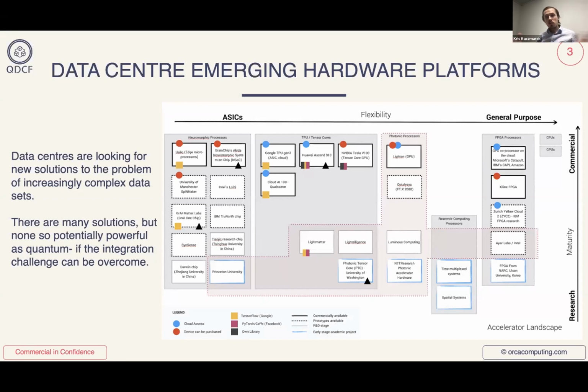So there's a lot of development being done on improving the hardware, and many different types of chips and technologies. But actually something that is very exciting and why we're here is quantum computing.